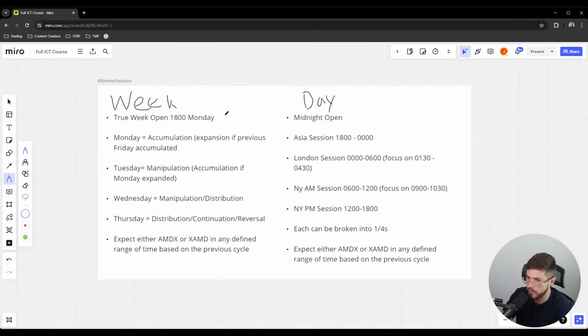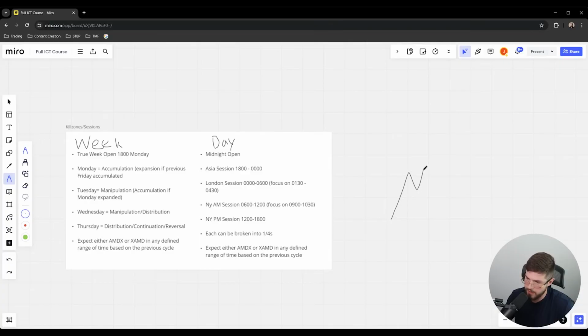So you want to see sharp moves away from this during the manipulation or distribution. Now, notice how on Monday I say it's usually going to be accumulation, but if the previous Friday expanded, for example, so let's say on Friday the market expanded. Okay, we're going to expect consolidation on Monday, and then manipulation on Tuesday, likely distribution on Wednesday, and then possible continuation if we haven't hit our higher time frame target on Thursday,